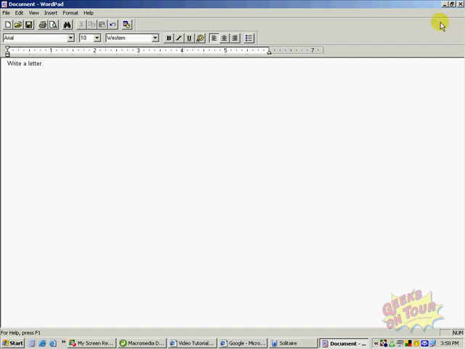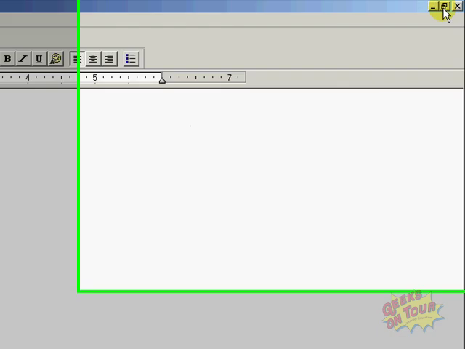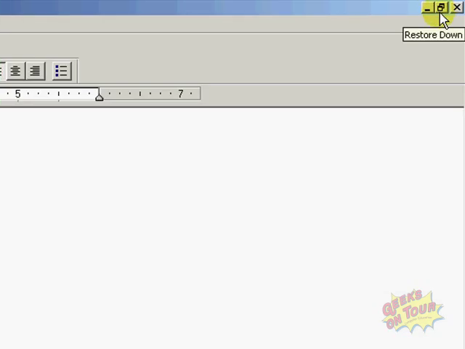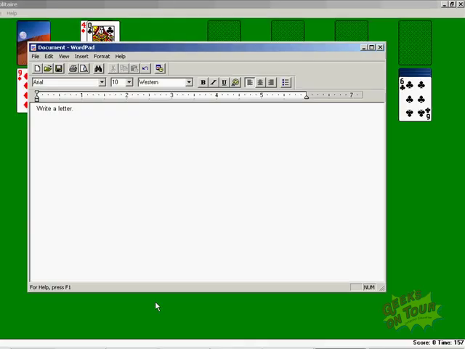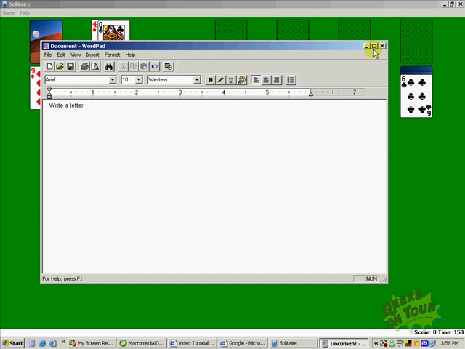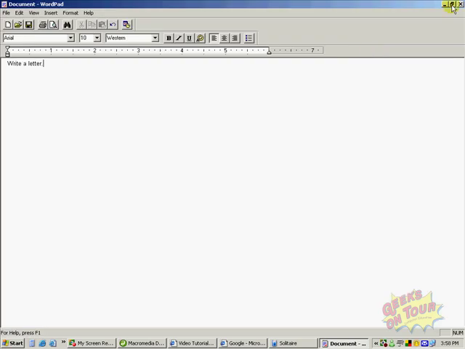Now, you learned that this is the minimize button, that's the close button, but what happened to this maximize button? It used to be just one square. Now it's two little squares. Well, this window is already maximized. You can't maximize it again. So this is now referred to as the Restore button. If I click it now, it puts Word back down to the middle size. Now it's a full square. It's maximize. Maximize, restore,